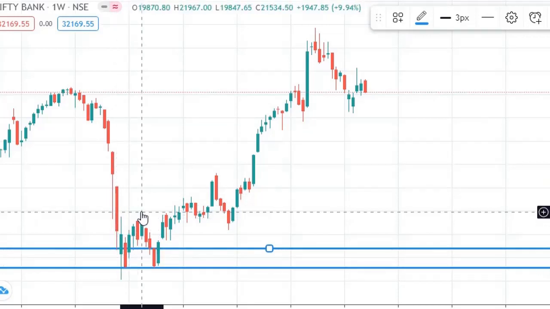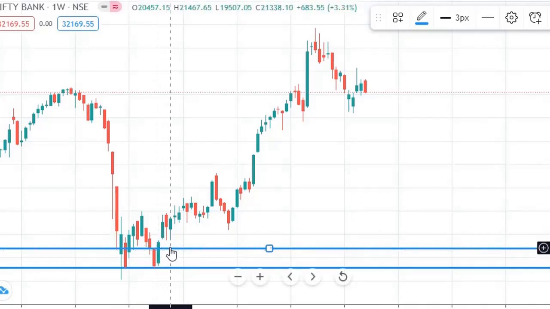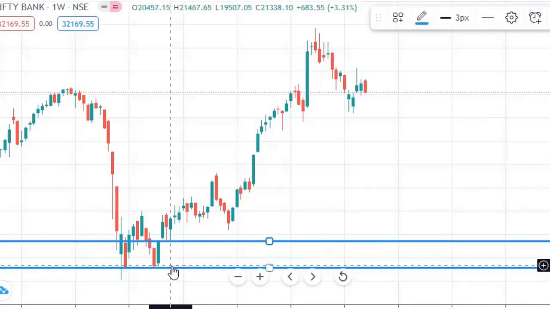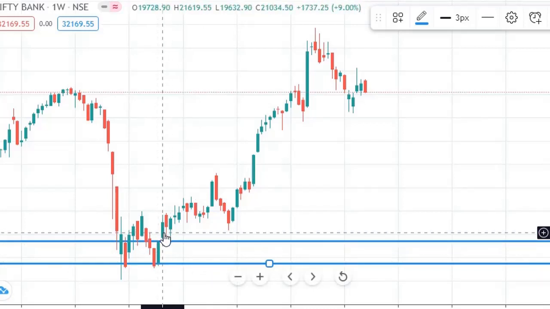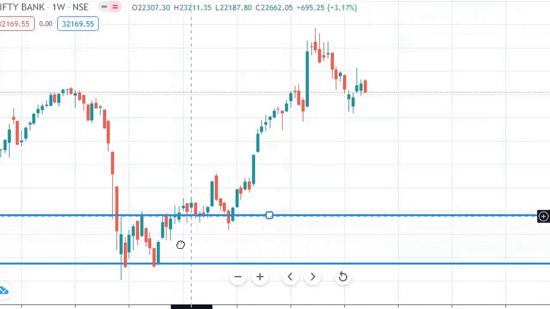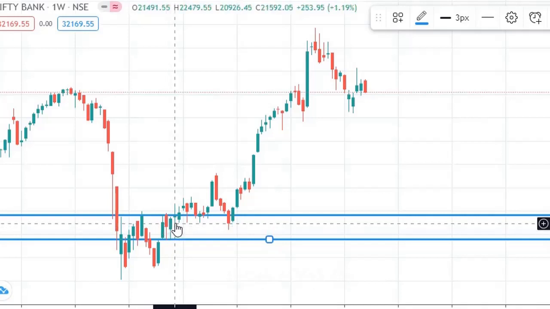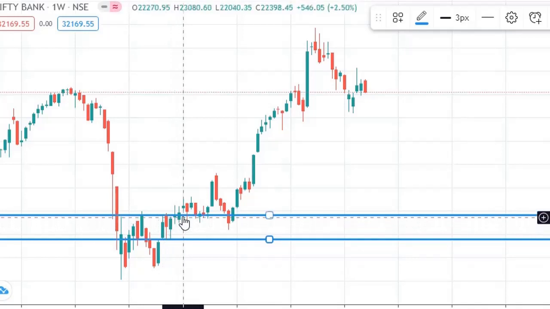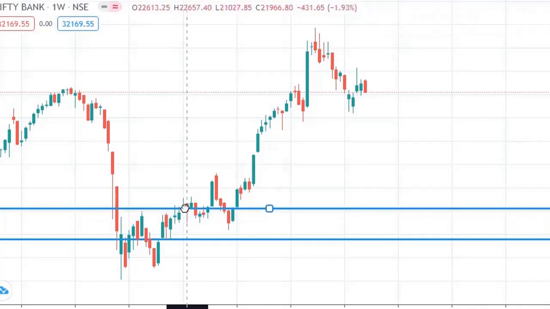Now it formed another wave, and now it came down, and now it reversed. So we are marking the high and low of this candle. Now again you can see the green candle closed above it, so I am going to mark the high and low of this candle. Now this red candle, green candle, and this third, for 3 weeks the market stayed inside this range, and the next candle that broke is the green candle. So our bias was positive, and we moved on.